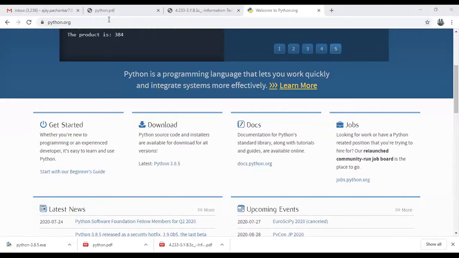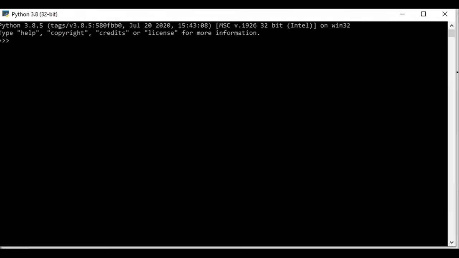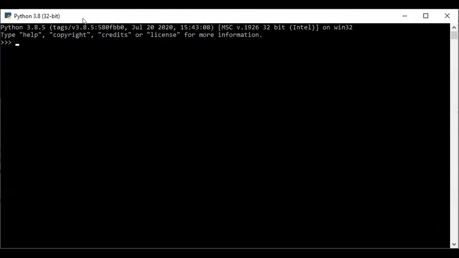One more module is there, as you can see. Wait for a second. So the shell module is there. You're able to see a black screen on your screens. This is known as shell scripting. This is your command line interface, and this is your IDLE shell scripting. So basically, we are using an advanced version of Python programming.